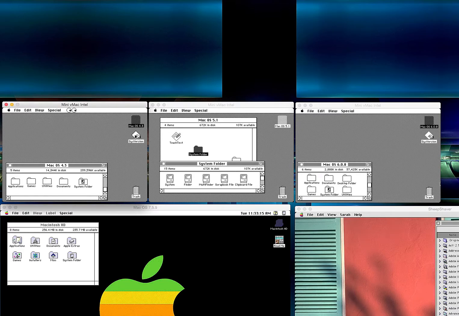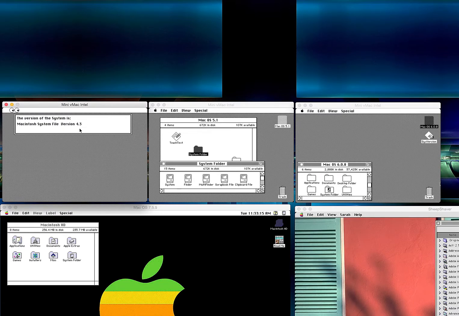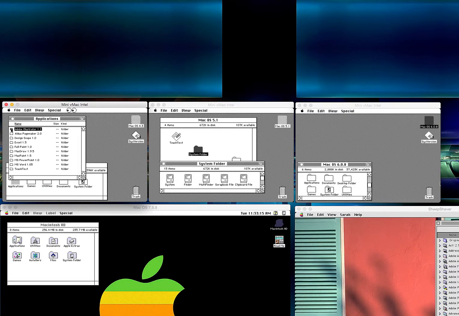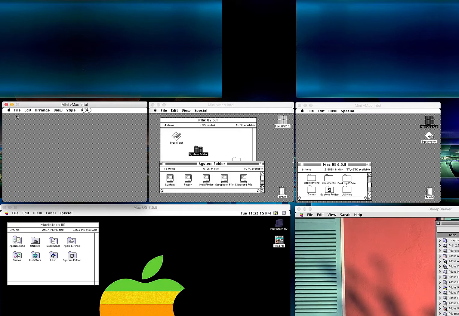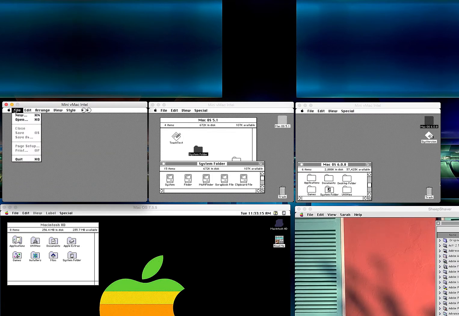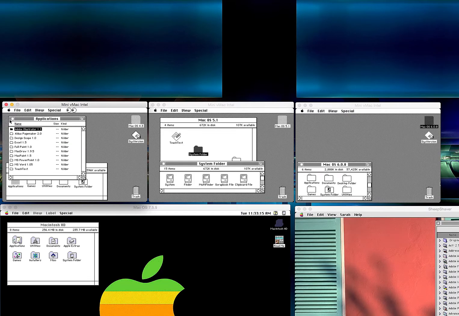System 4.3 is weird. Certain versions of like 3 and 4 and 5 work better than others. Like here I got Illustrator 1 to work in version 4.3. Couldn't get Photoshop to work. I had it in here and everything. It's weird, you had to run Photoshop off a disk, but